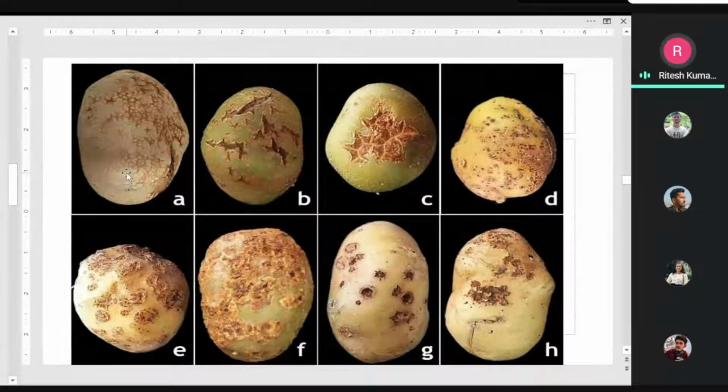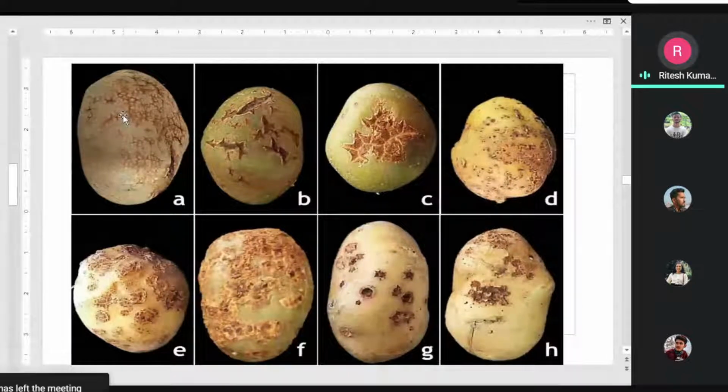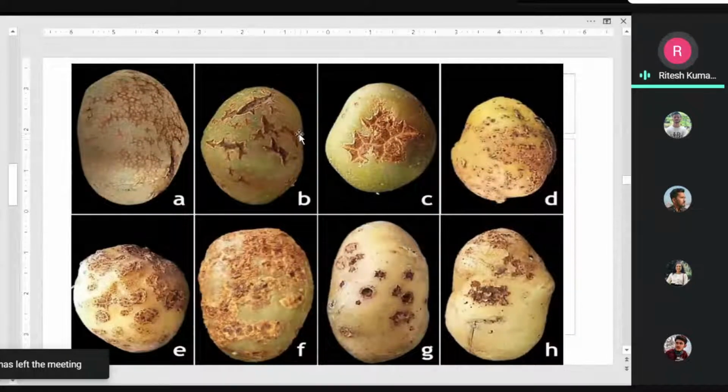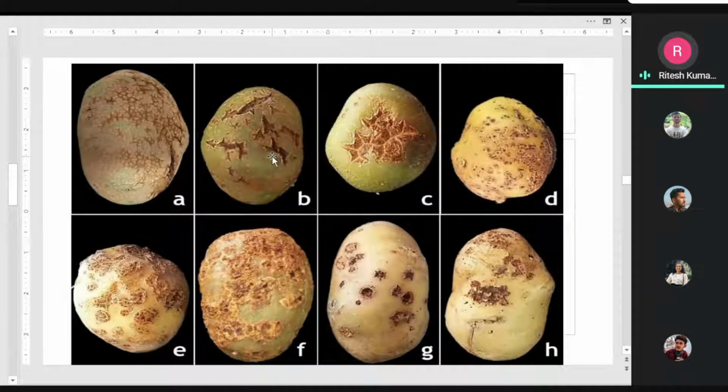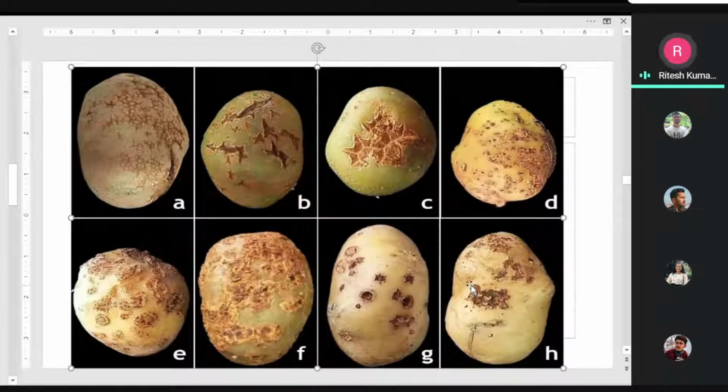Sometimes there is just some kind of roughening or abrasion of tuber skin. Right? So these are rosette type symptoms or net type symptoms. So this is a net type symptom. This is a rosetting type of symptom, and sometimes they are deep pitted. Right? So in this case they are deep pitted, so there's a prominent depression, or sometimes there may be a concentric series of